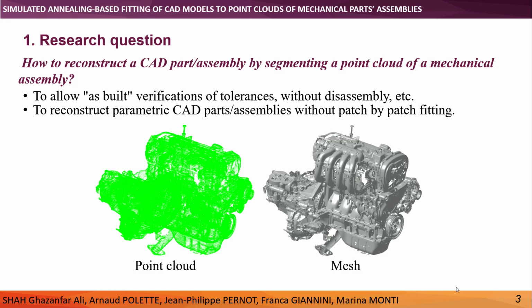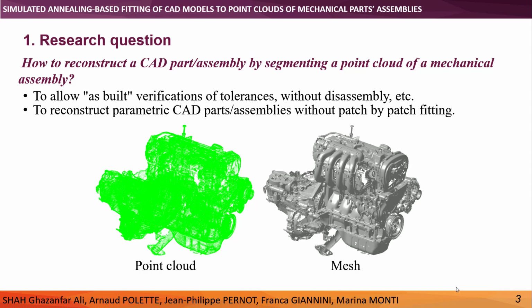So the question is how to reconstruct a CAD part or assembly by segmenting a point cloud of a mechanical assembly, so as to allow as-built verification of tolerances without disassembling, or to reconstruct a parametric CAD part or assembly without patch-by-patch fitting. In the existing methodology, actually it is not that easy to reconstruct a part from a point cloud